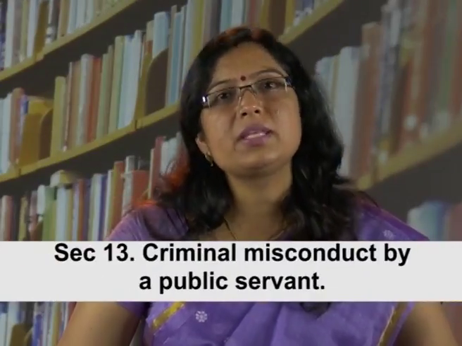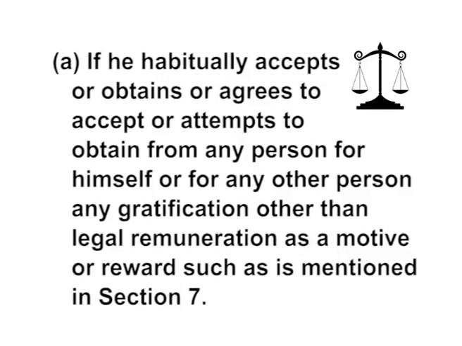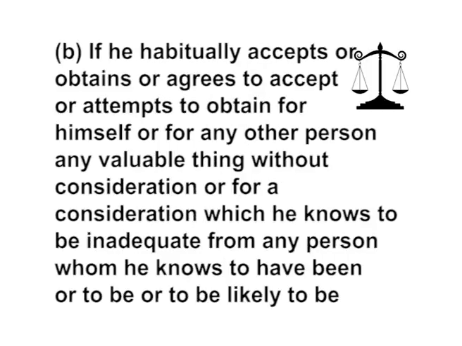Section 13. Criminal misconduct by a public servant. A public servant is said to commit the offence of criminal misconduct (a) if he habitually accepts or obtains or agrees to accept or attempts to obtain from any person for himself or for any other person any gratification other than legal remuneration as a motive or reward such as is mentioned in section 7, or (b) if he habitually accepts or obtains or agrees to accept or attempts to obtain for himself or for any other person any valuable thing without consideration, or for a consideration which he knows to be inadequate